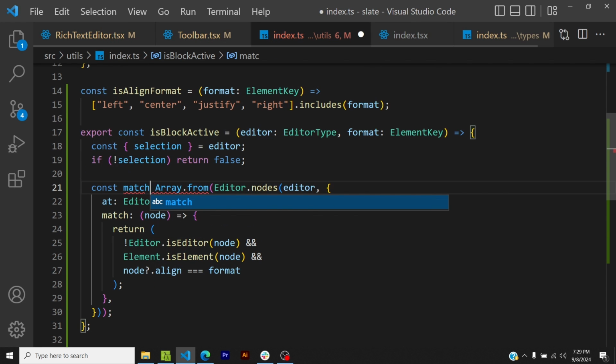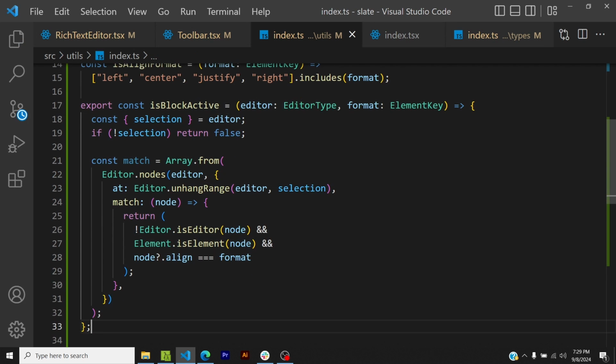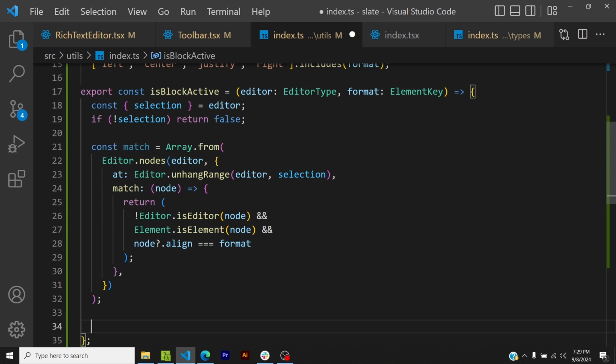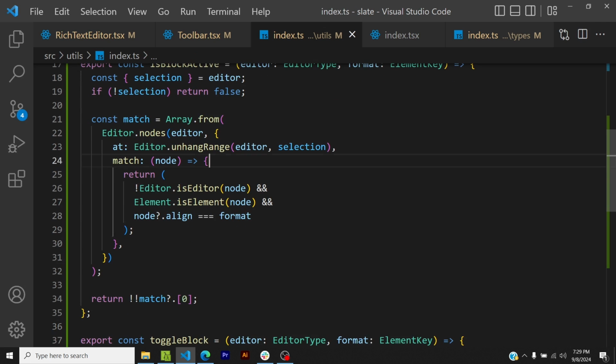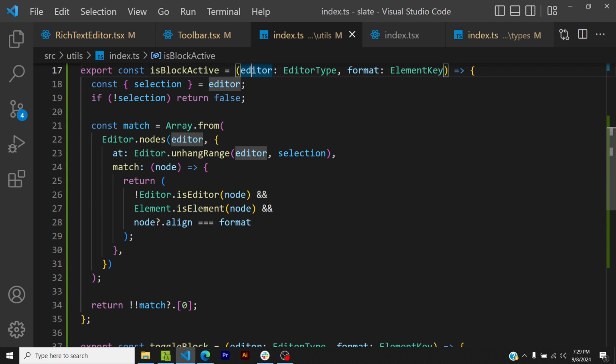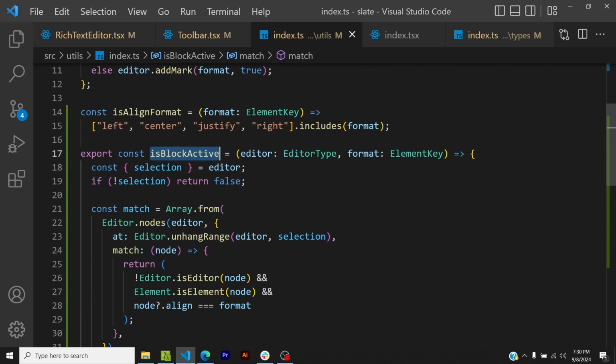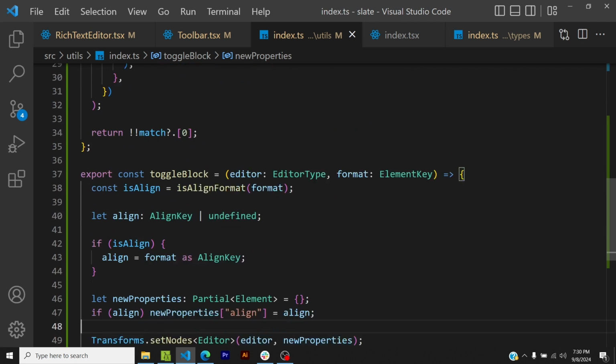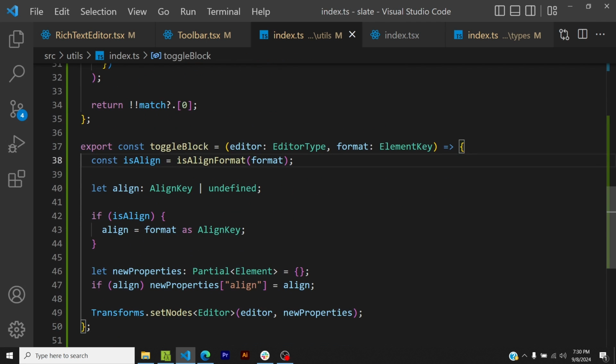Const match is equal to Array.from. So if I do get a match, if there is at least one item in the match array, I will return true. So if there is a node in the selection inside the Rich Text Editor which is not an editor, which is an element, and whose align property is equal to the format of the button, then that button should be selected. So I can use that inside this as well to see if the currently selected format is